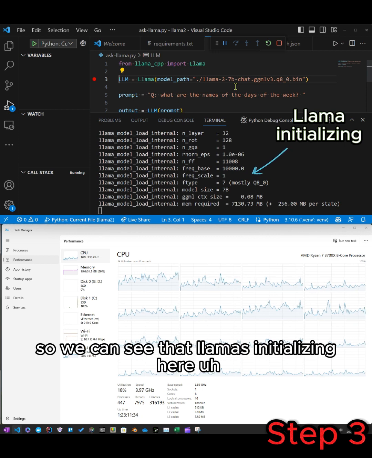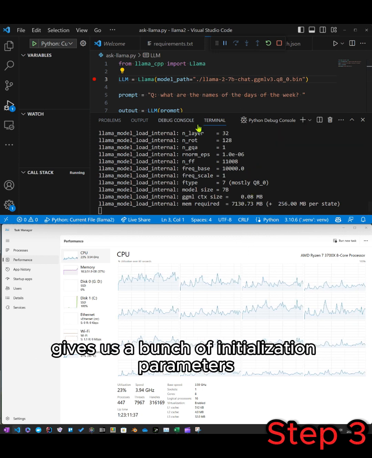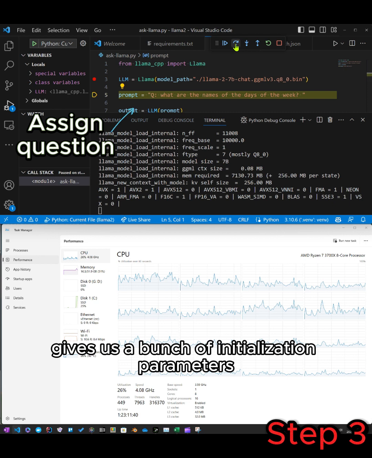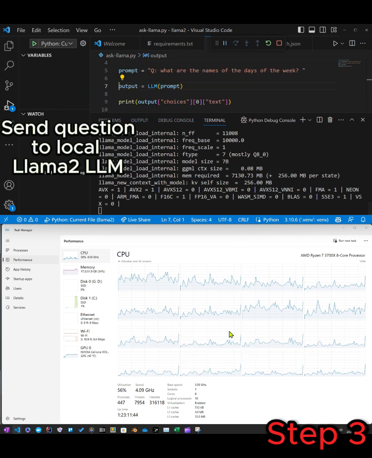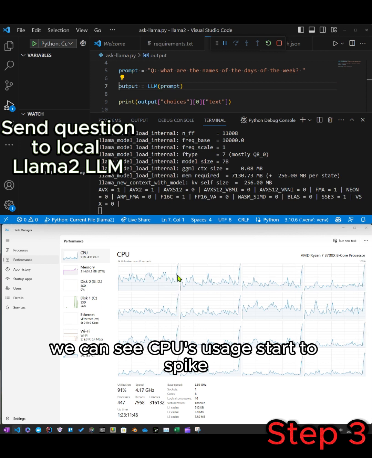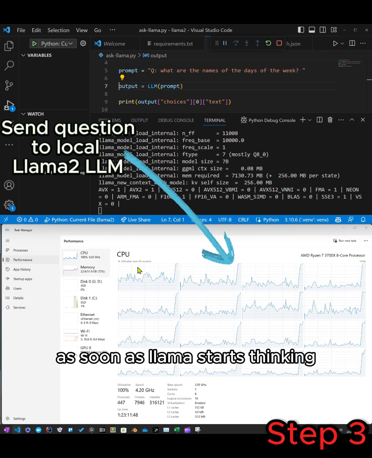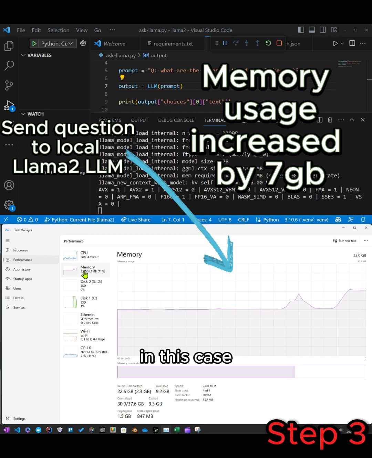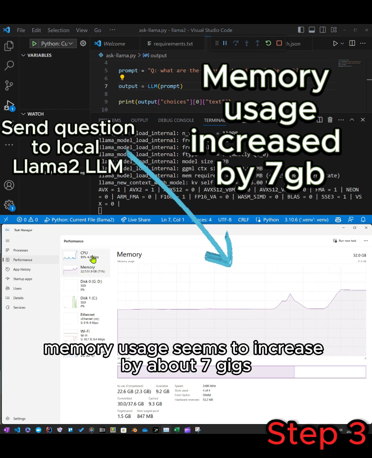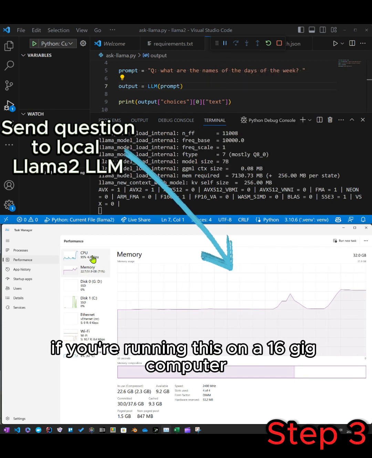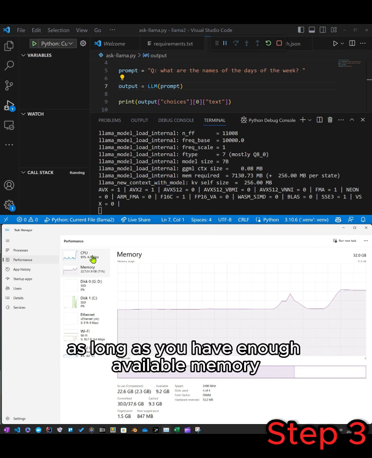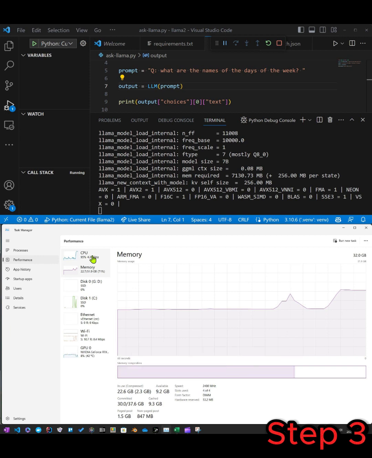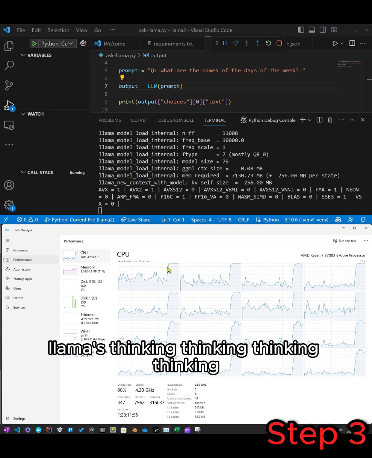So we can see that Llama's initializing here. It gives us a bunch of initialization parameters. Let's take our question and send it to Llama. We can see CPU usage start to spike as soon as Llama starts thinking. In this case, memory usage seems to increase by about 7 gigs. If you're running this on a 16 gig computer, then theoretically it should be enough as long as you have enough available memory. Llama's thinking,